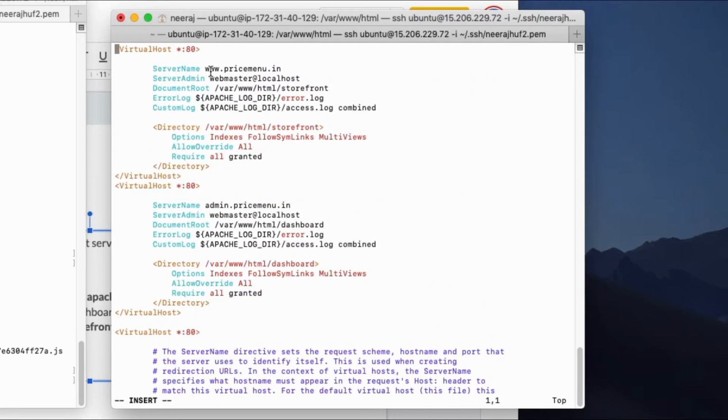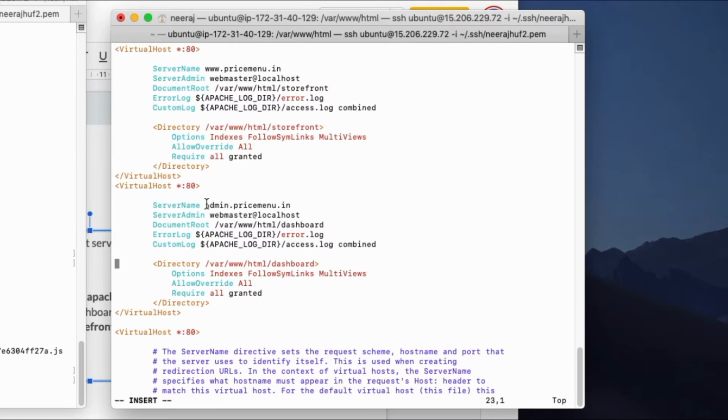As you can see, I have set up www.pricemenu.in to my storefront folder. Also, I have given a sibling permission to this storefront directory. This permission is going to be used when we have to do some sort of URL redirection through Apache modules.